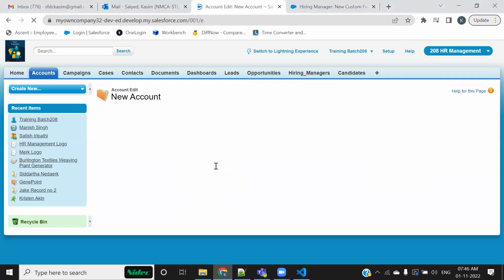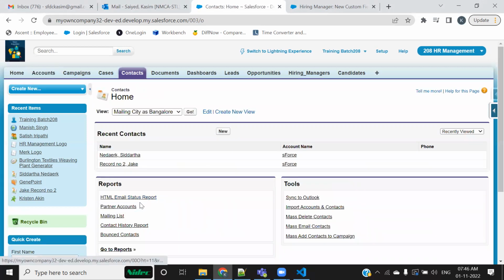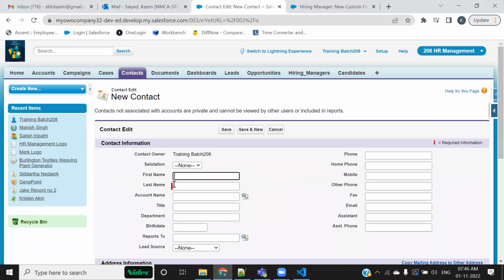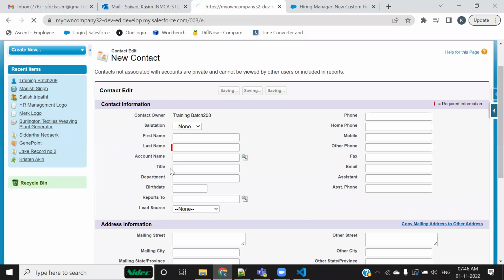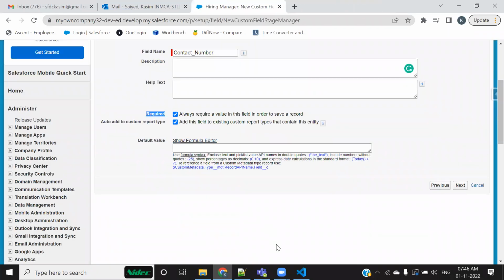If you try to save data without entering something inside the required fields, it is going to give you an error. If I go to contact, there the last name is required. There are first name and last name, but first name is not required; last name it must have. If I try to save it, it is going to give me an error. So this kind of field where data is required is called a required field.